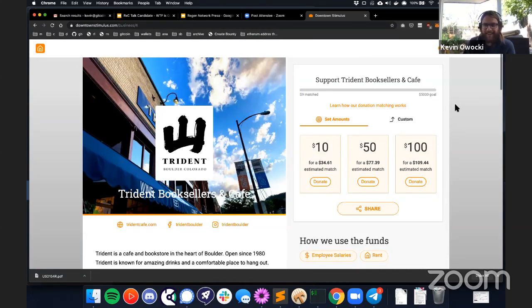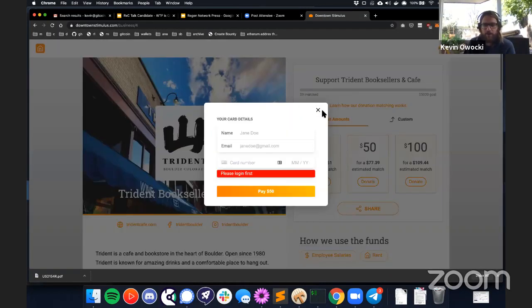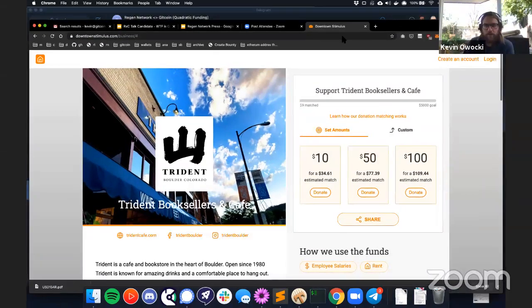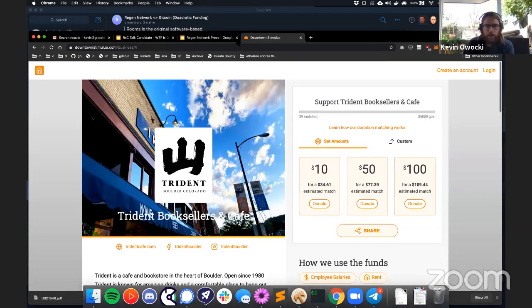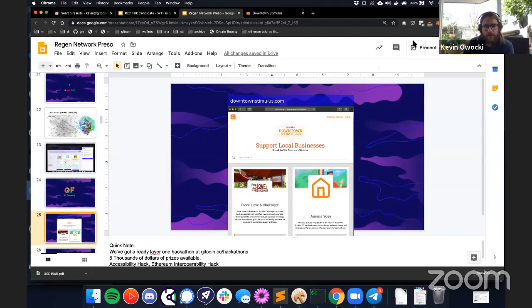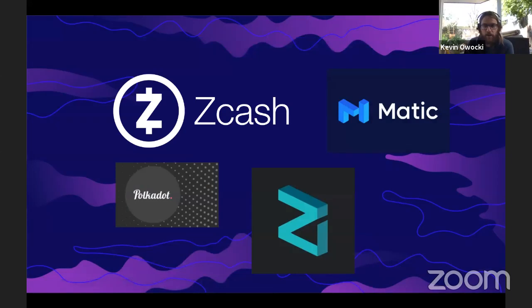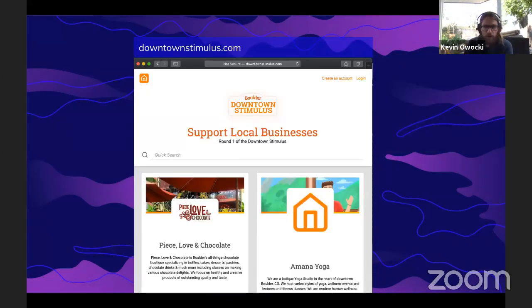Yeah, cool. And yeah, so we're basically just going to allow people to donate with US dollars to support the economic recovery to the downtown in Boulder, Colorado. And the whole idea is that having a livable downtown is a public good. And I'm really miffed at how much of this government stimulus money has gone to large corporations, and we have this formula for distributing in a very democratic way stimulus money. So we're going to be running a pilot, a 30K pilot of this in July, and really excited to see what happens with that.